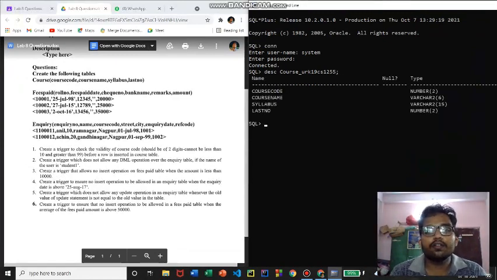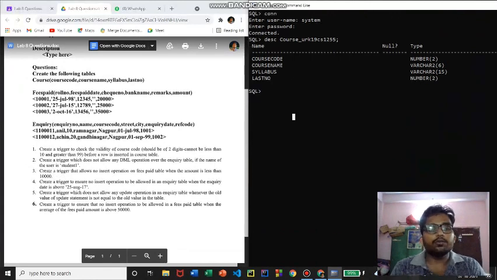And here we can see we have something called course code, and it should be a 2-digit number. It should not be 1 digit, or it should not be 3-digit. So we need to write a condition for that. Before that, let us create the trigger: create or replace trigger T1 on the table name. Before that, we have to mention the time when the trigger has to fire: before insertion, right? So before insert on the course table,